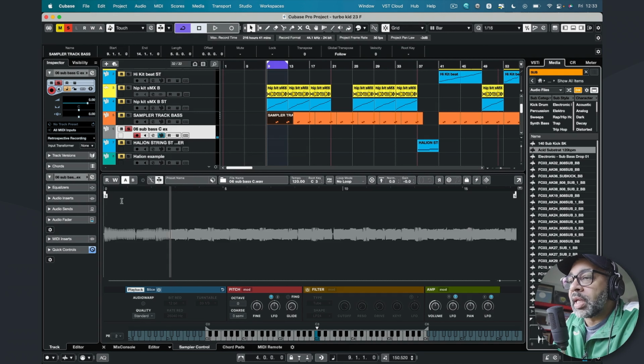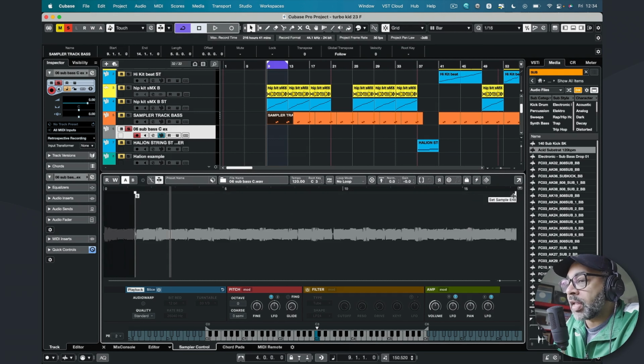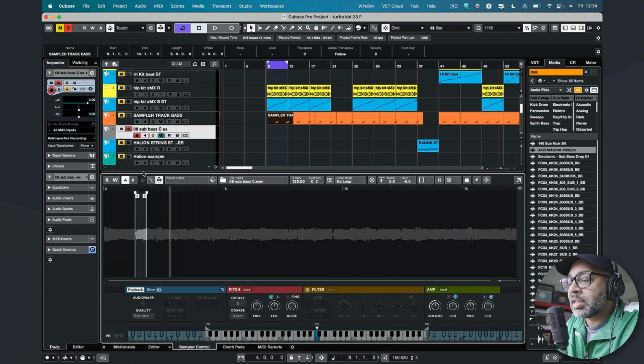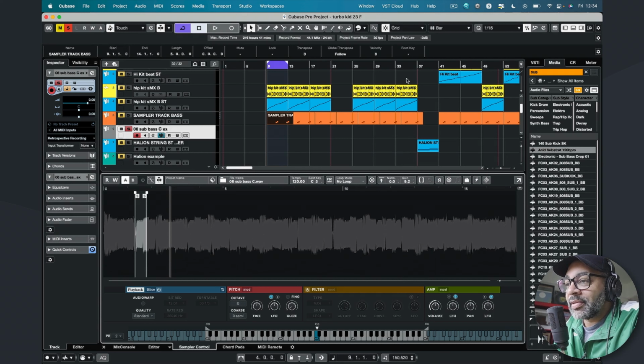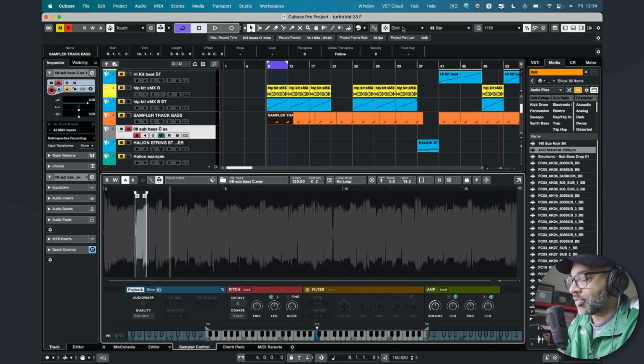So really simple, like any sampler, you can top and tail. That's what we call it, top and tailing. So you can actually choose to zoom in on a section that you want with the start and end points. So I can just zoom in and pick up a note. Now, as you can see, it's quite quiet. So we have clip gain built into the sampler track now, which is amazing. So I can say, okay, give me more volume. And I can just go like that and really bring up the volume